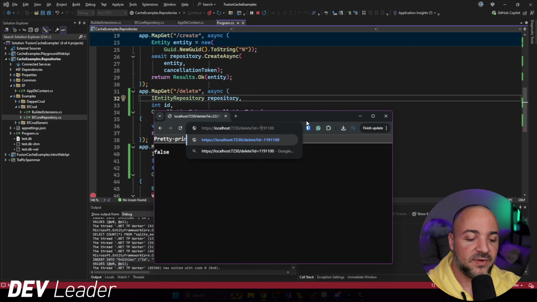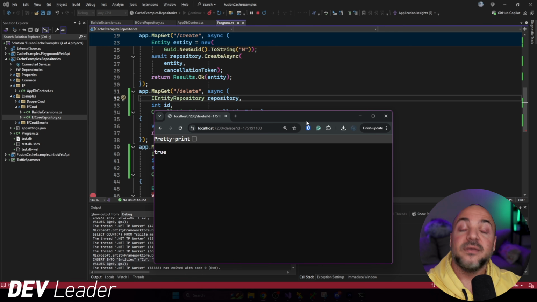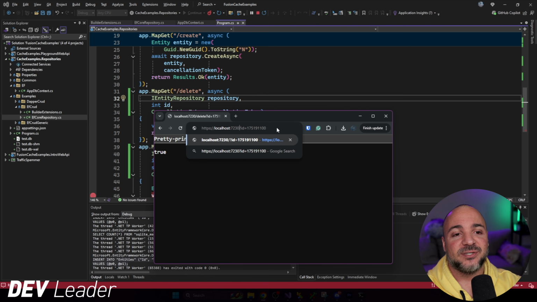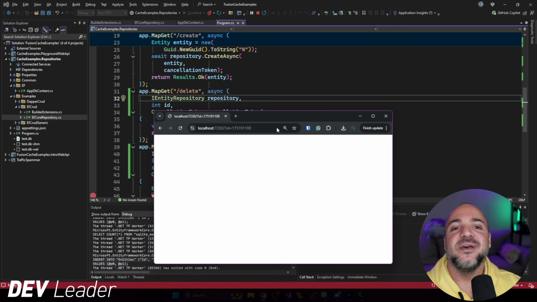Now, if I put 175 out here, it did apparently delete it. But how do we go confirm that it's actually gone? Well, we can go call the get API once more. And that get API is right here. So now we should see a white screen come back because this thing should be out of the database. And there we go. We've successfully created, fetched, updated, deleted, and then refetched one entity using a repository pattern over